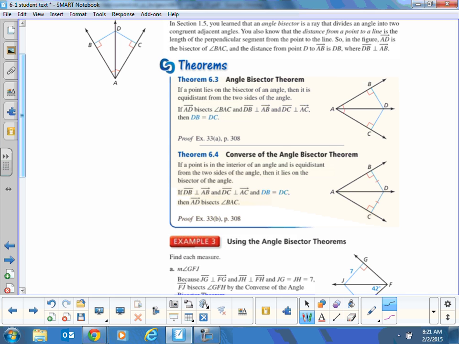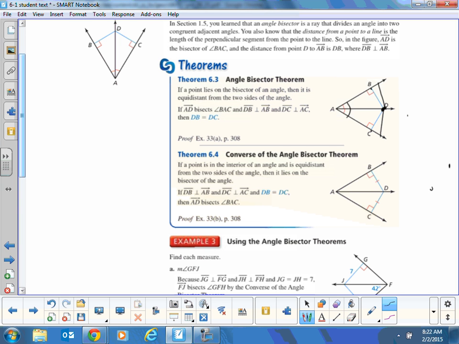Now, this point D lies on the bisector of this angle right here. This angle is divided into two congruent angles. And the bisector of that has point D on it. Point D is equal distance to the two sides of the angle. Now it has to hit those sides at a 90-degree angle. You can't say that these are equal distance. They might be the same length, but it doesn't tell you it's on the bisector unless those distances are perpendicular